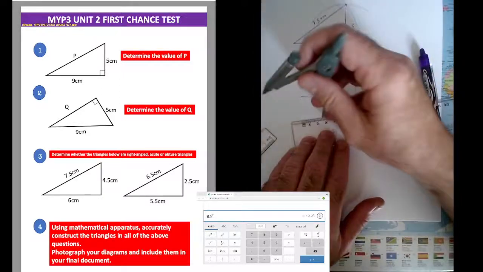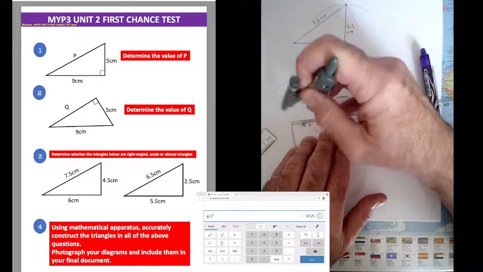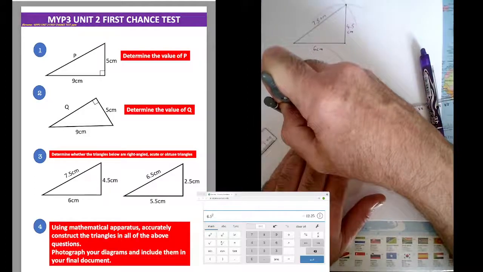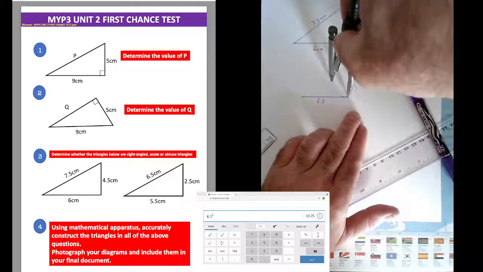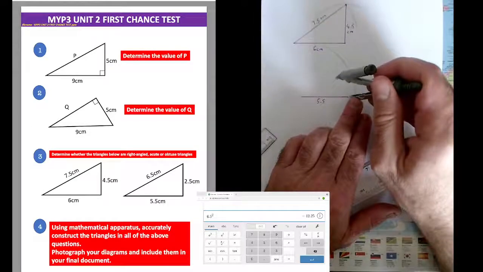And then it's going to be 2.5 centimeters away from the right end. So I'll get my compass at 2.5 centimeters and draw an arc. Oops, 2.5 centimeters